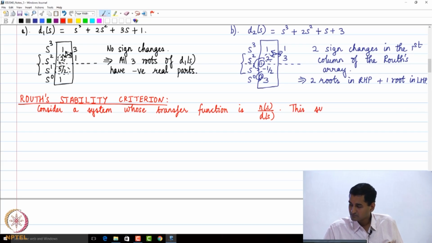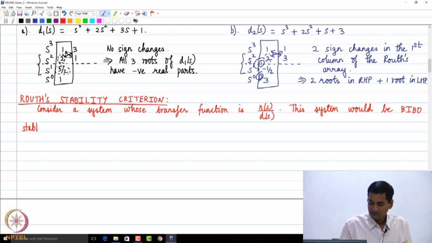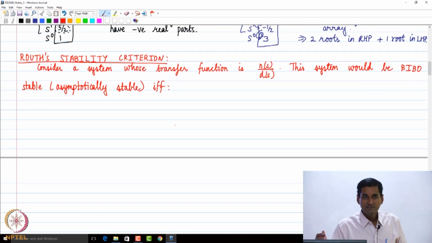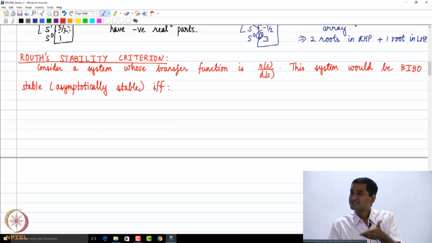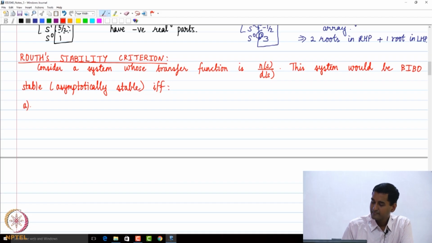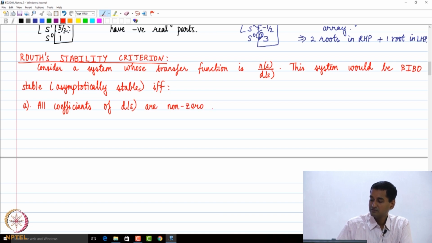This system would be BIBO stable, and some people will call it asymptotically stable, if and only if, where IFF means if and only if, which indicates necessity and sufficiency, A, all the coefficients of D of s are non-zero and of the same sign,